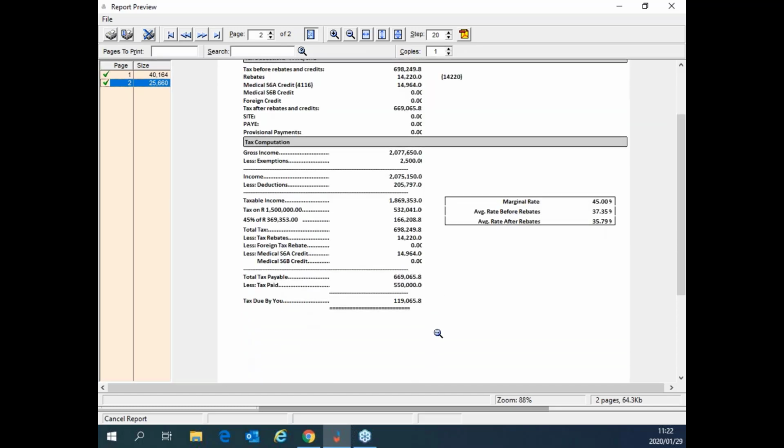Thus, your total tax payable is 669, of which you paid 550,000 Rand, and the total owed is 119,065. That you can actually save as a PDF,